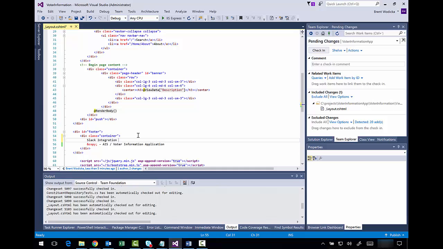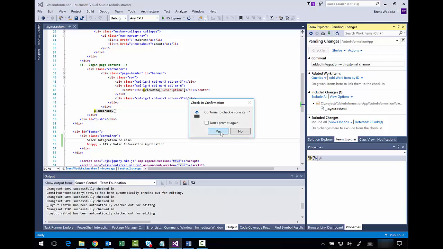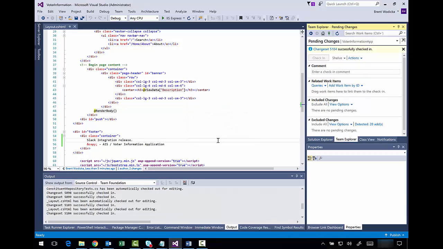So again, I'll make some edits to that same file at the same area just to demonstrate that. Give it a comment,